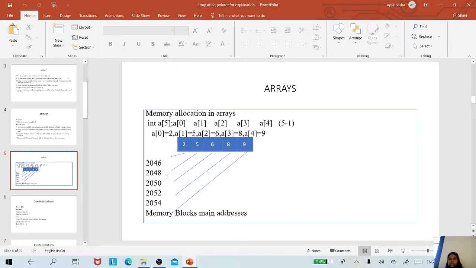You can see the difference between these two is 2 bytes, because this integer 2 is occupying 2 bytes, 5 will occupy 2 bytes, 6 is occupying 2 bytes of memory location, and so on. The address starts from 2046 and ends with 2054, that is the last memory location of the variable a of 4. These are called memory block addresses.